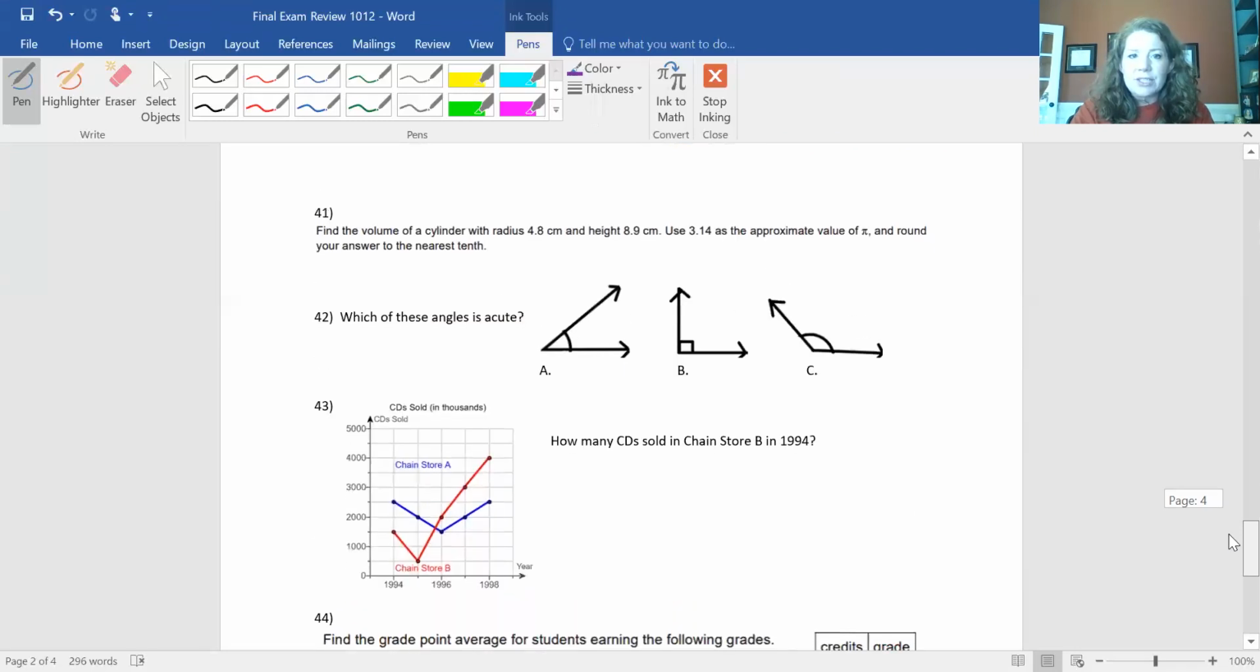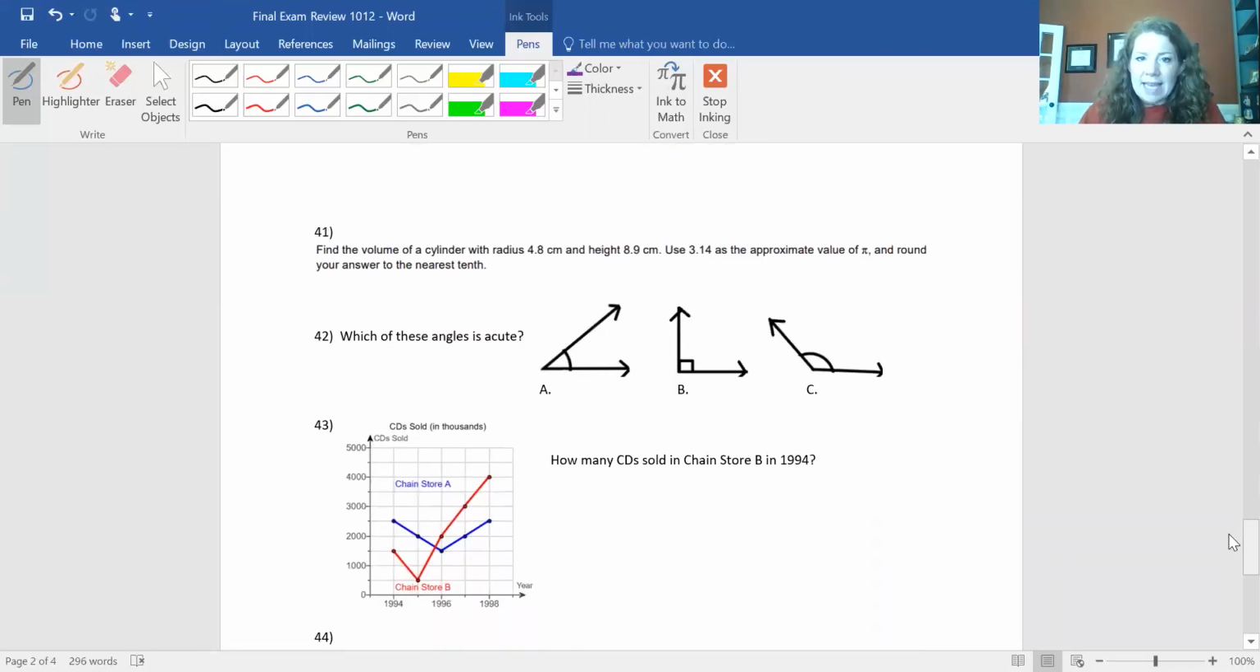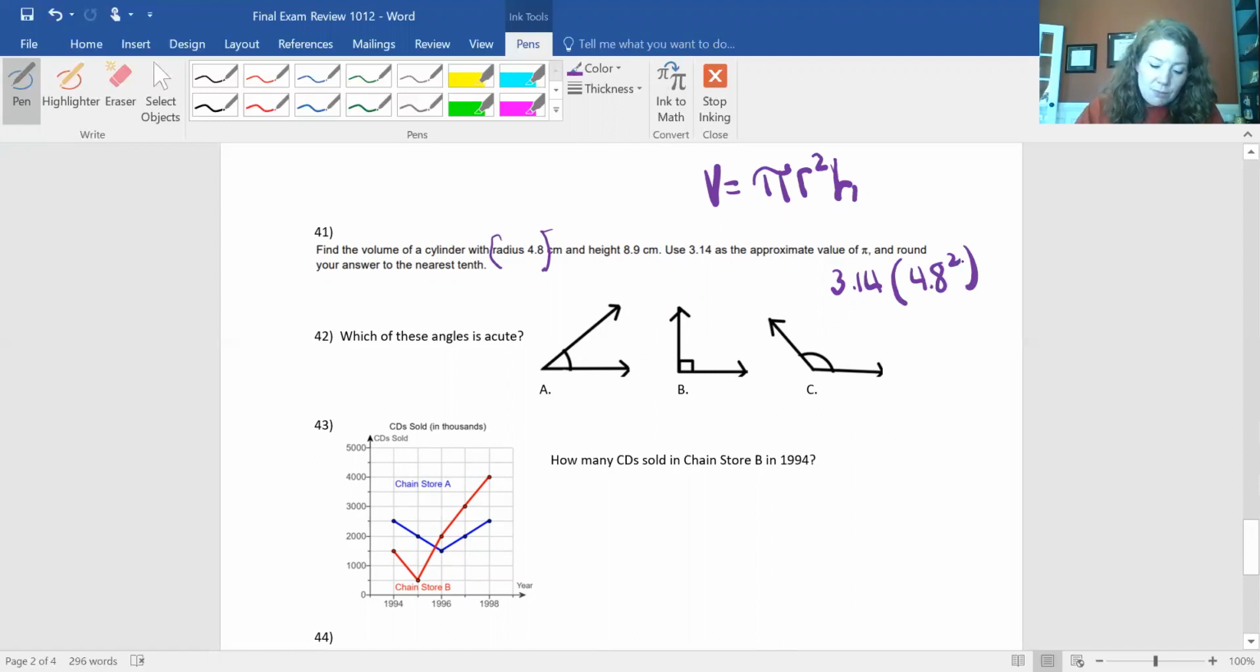Number 41, find the volume of a cylinder with a radius of 4.8 and a height of 8.9. So the volume of a cylinder is the area of the base, which is a circle, right? Pi times radius squared, pi r squared, and then for volume, it has one more dimension, and that dimension is height. So we're going to find the area of the base. So the area of the base is 3.14 times 4.8 squared. So 3.14 times 4.8 squared is